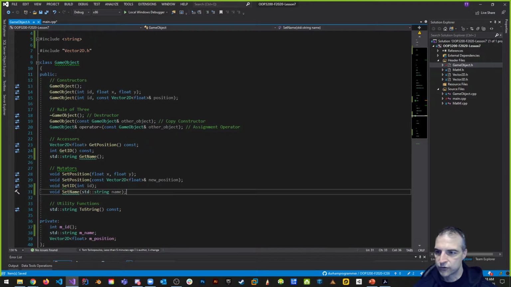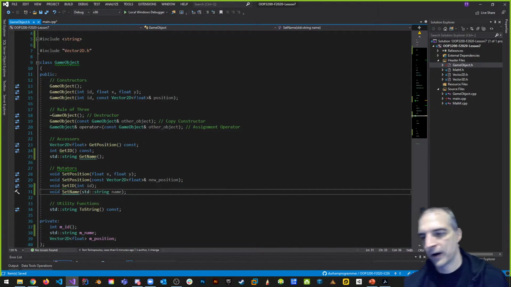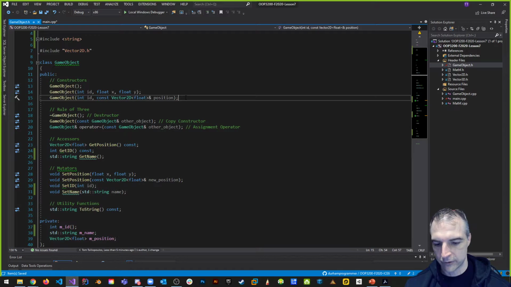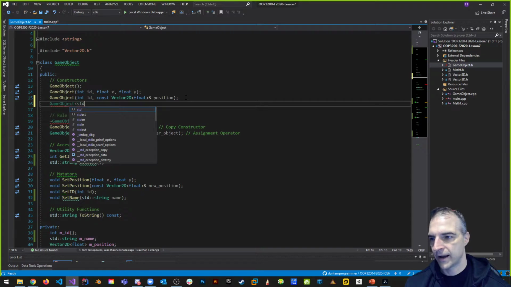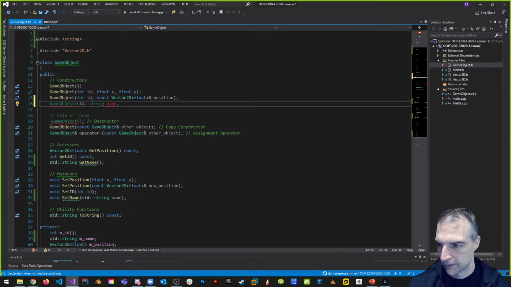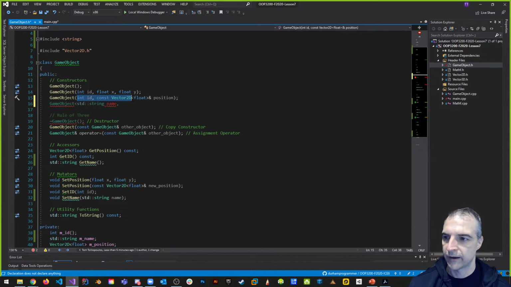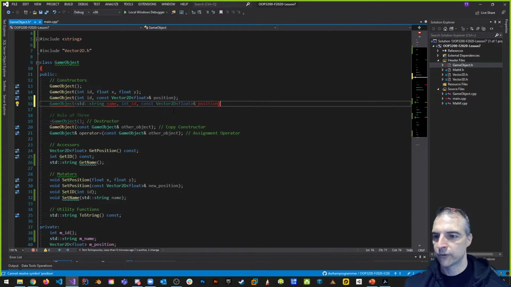Cool. My constructor function only takes IDs though. That's all it takes. Right now it only takes IDs, right? And I want to have all these work, plus I want another constructor that takes a name. So I want another one that has a standard string name, plus all the other things. Actually, that's pretty cool. Maybe I'll make two more. So this one does this, and you know what? I'm also going to take